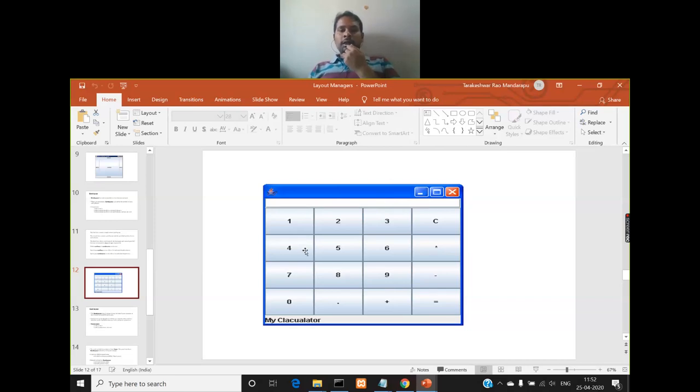And all these are 1 2 3 4 5 6 7 8 9 0 and C, an asterisk symbol, minus, assignment operator, plus operator, and dot. So all these are what are these? Operators, right? So all these are nothing but created in the form of buttons.